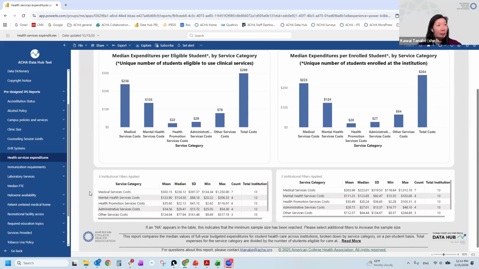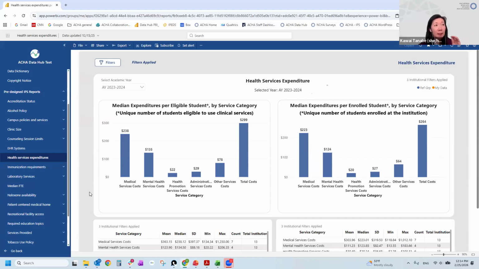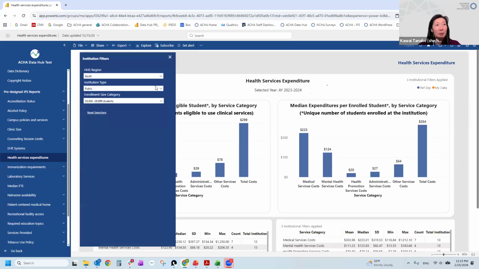Definitely. And I guess I didn't mention at the beginning, but the IPS reports are where we started Data Hub. So this is kind of our initial attempt at creating reports. As you'll see when Mary walks us through the pre-designed NCHA reports, we've gotten better at this. And so we will be going back to make sure that these reports are more in line with NCHA pre-designed reports. Right now, one of the major things is we only have 3 filters right here. As you'll see in the create your own section, we've added additional institutional filters,